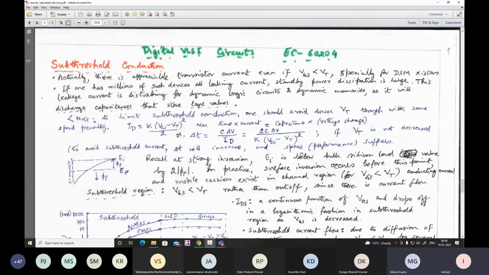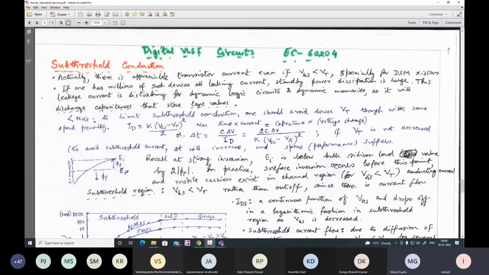So if you do that, what do you get? I say that there is a speed penalty, but how? For that, I just take your attention to this very simple expression, say for a conventional long channel device: K into (VGS minus VT) whole square by 2. Time is capacitance into voltage divided by current. So if VT is kept constant, even though VGS is coming down, the difference remains; suppose 1.8 volts with VT of 0.5 gives 1.3, it still remains 0.5. It is not brought down to 0.4.